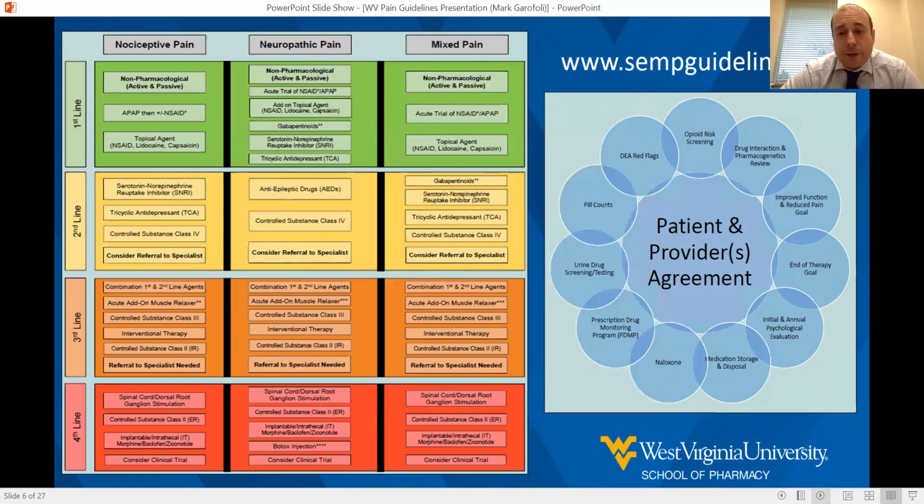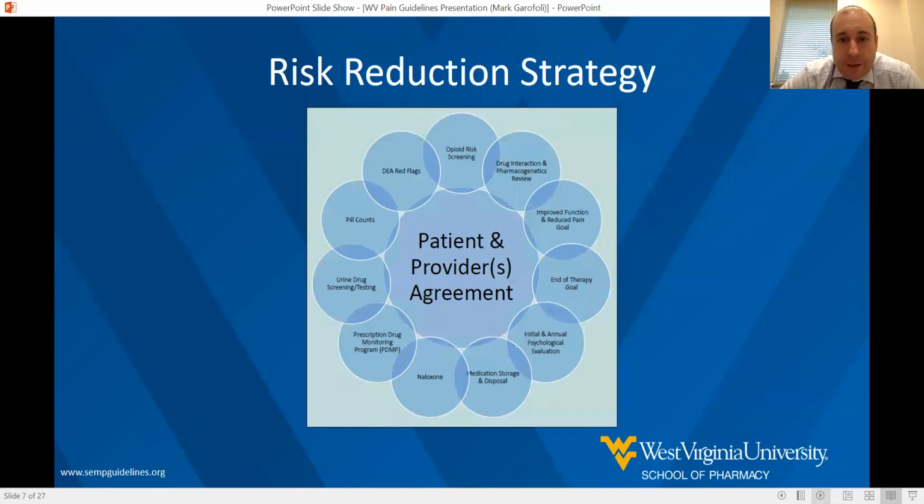So first, we'll go over the risk reduction strategy. A very brief and succinct title, but probably eminent is the patient risk reduction, though this is also to reduce risk for providers and healthcare professionals. Back in 2015, leading into 16, our state caught national headlines for the liability risks. Current laws basically say that if you're setting and following a generally acceptable set of guidelines, then you're good. So that's where these come into play for our state. Going over the risk reduction strategy first,